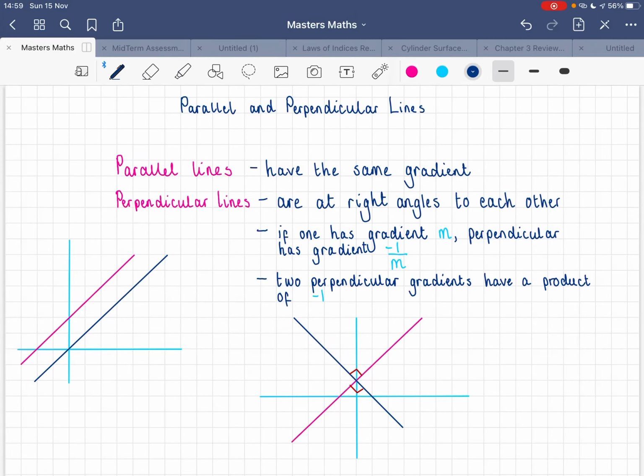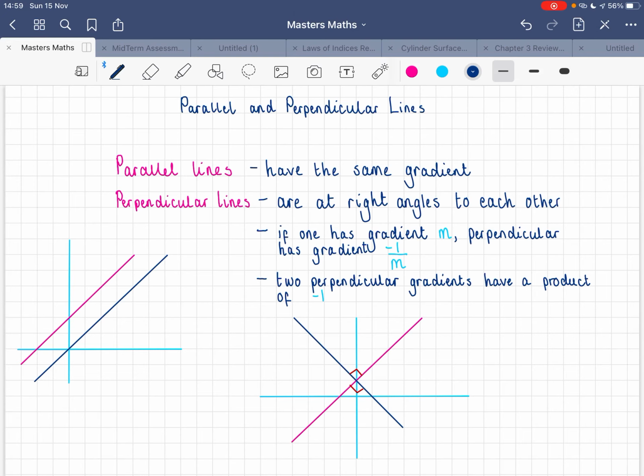Hi, hello. In this video, we're going to go through parallel and perpendicular lines, or equations of lines. So I'm just going to get straight into it. I'm going to explain what parallel and perpendicular mean, and then we'll go into how we can use that within